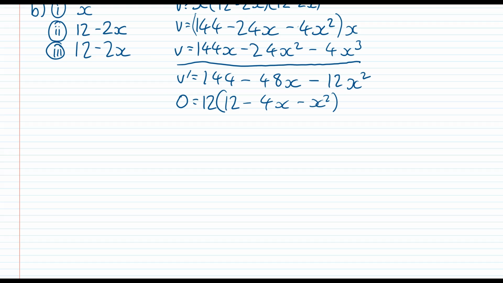Now, because this x is a minus x squared, we need to factor that out as well. Okay, so we just put a minus out the front. Minus 12, because we can do that. Then we end up with x squared, just timesing the x squared by minus gives us a plus 4x